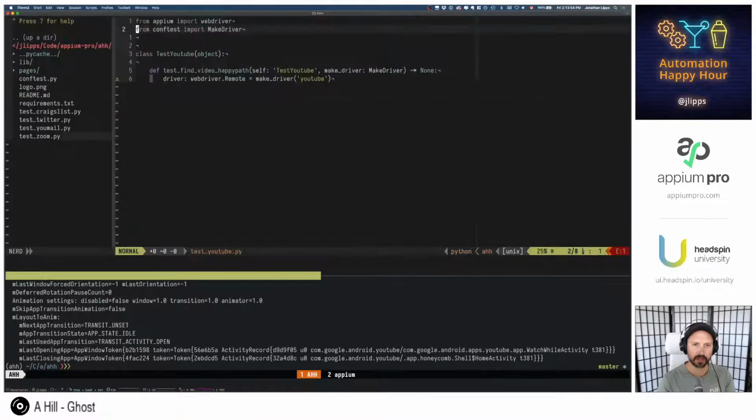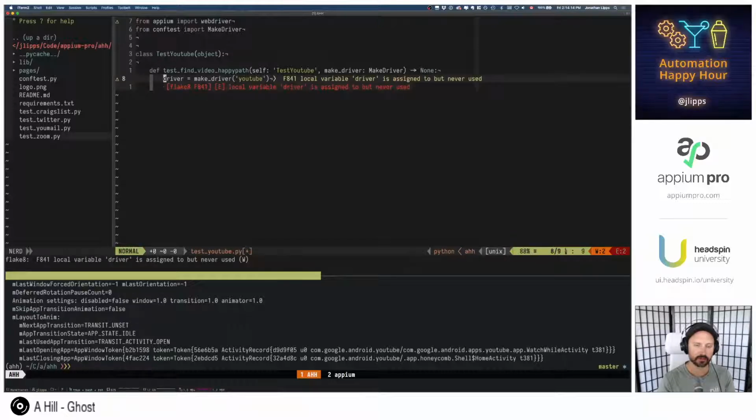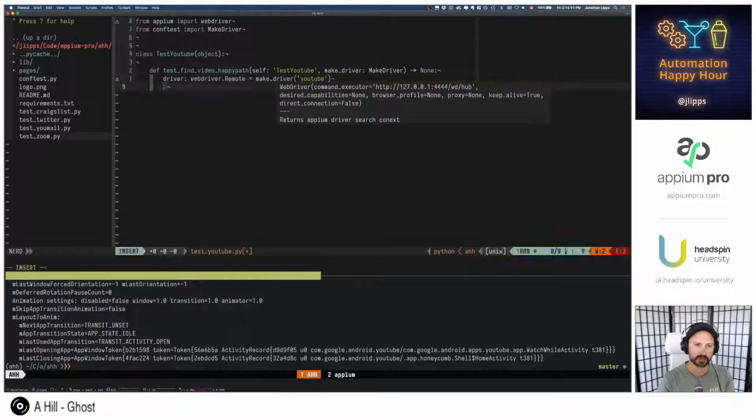So I don't know why I have to actually specify that driver is WebDriver.remote here. I shouldn't. I should get all the driver stuff on this object, but I don't. So there's some gap in detecting that I'm calling this function and seeing what its return value is. So that's why I have to specifically annotate driver here.